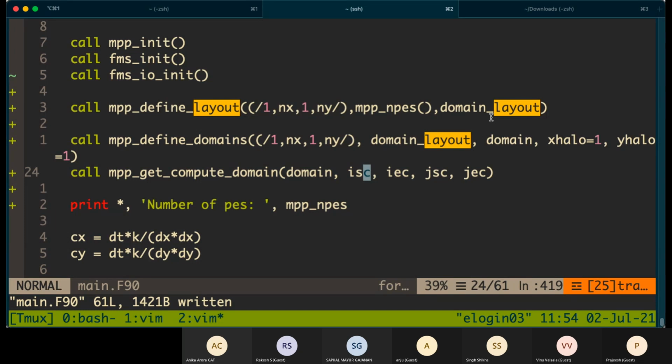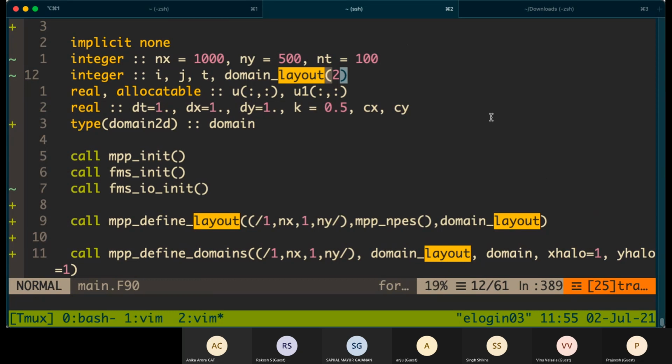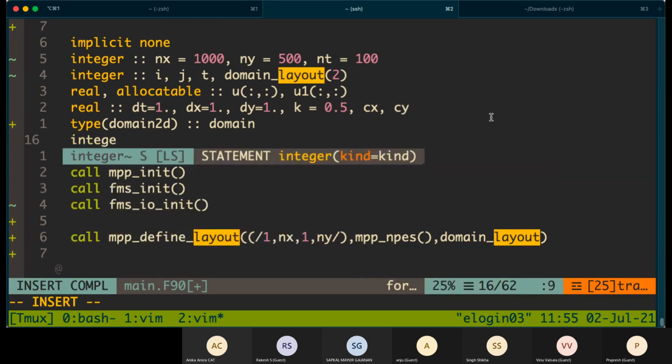You can use any name here, but this name tells a lot of things, so I use this naming convention. IEC is the upper bound of the array in X direction, I end compute, and in a similar way, J start compute, J end compute. So we need to define these as integers.